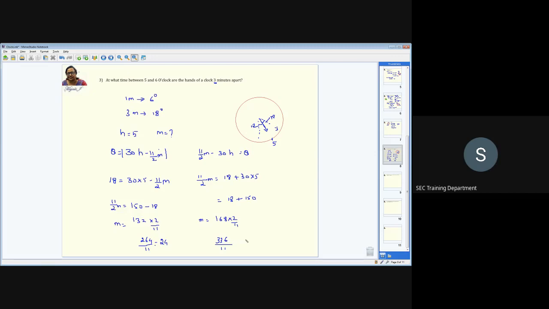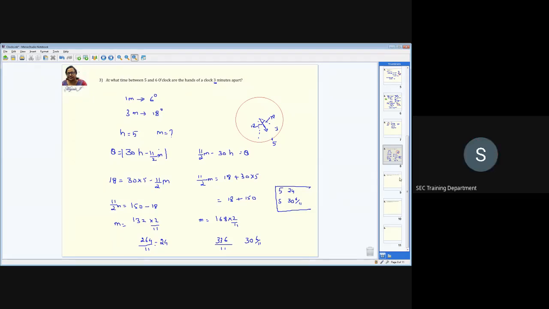Similarly here, it is 3 times, then 0 and 6 by 11. You can write it in the same form: 33, 3 times it goes, 6 will go 0 times, then balance left out is 6 by 11. So the two timings, the answers you have, one is 5:24 and the other one is 5:36 by 11. What is the doubt you have? Clear? Can I go to the next one if you are clear with this? No doubt?